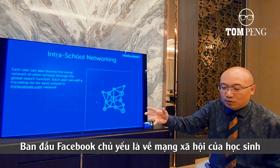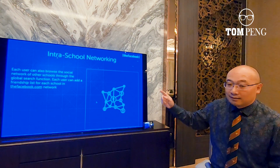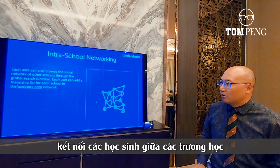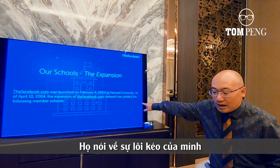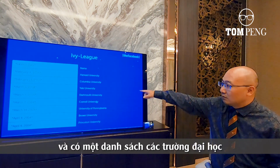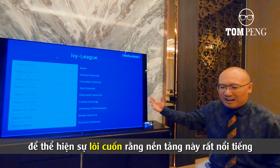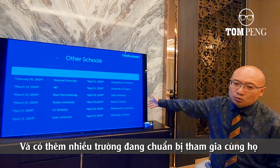So originally, Facebook is about networking students across different schools. It's totally different now, but that was the original idea, to connect students across schools, right? And then they talk about school networking, the expansion. Here they talk about traction. So they're saying that Harvard joined them, and there's a whole list of schools, Harvard, Columbia, Yale, Dartmouth, they all joined the Facebook, showing traction that this platform is popular with students and universities. And more schools are joining them,